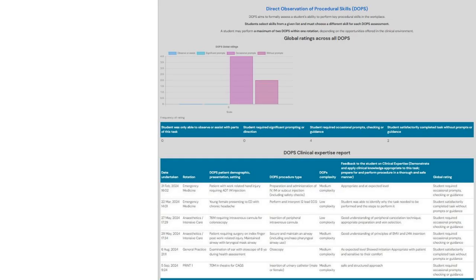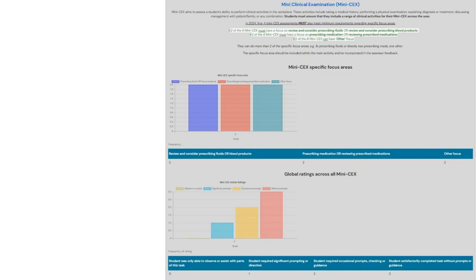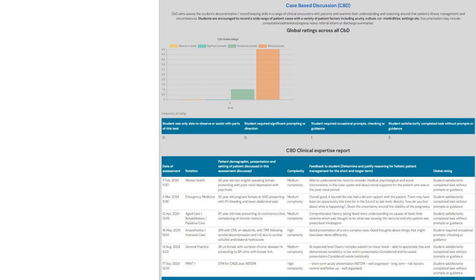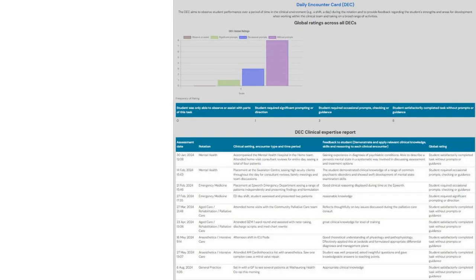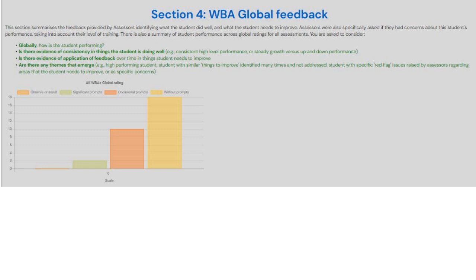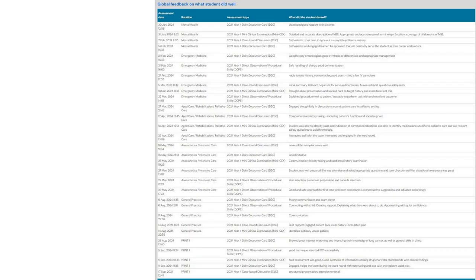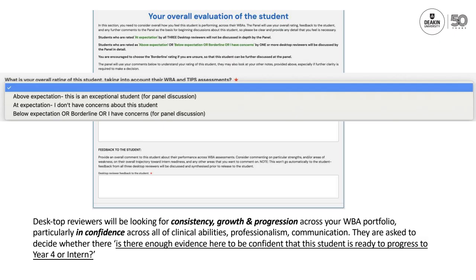So we might focus on a particular task, like a procedural task in one table, but then later on that same information is used to present to the panel and desktop reviewers a longitudinal growth, or growth in professionalism or communication, for instance. So at the end, scrolling up and down through this report, we asked that our desktop reviewers